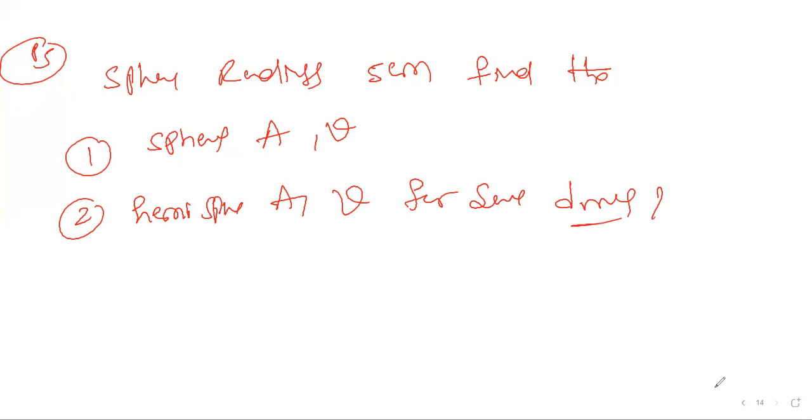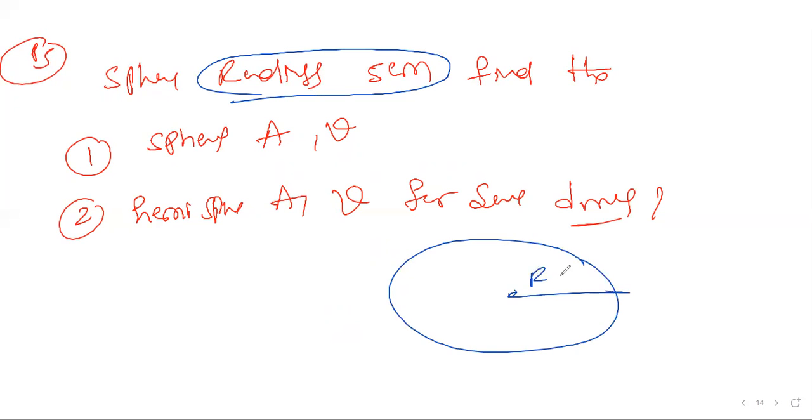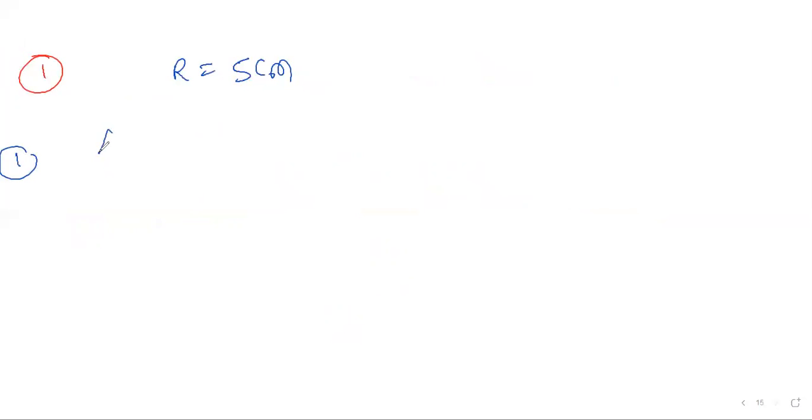Okay. Now let us take the first one. It is clear what they mentioned, a sphere. What is the sphere radius they mentioned? 5 centimeter. Am I clear? Just a 5 centimeter sphere radius they mentioned. Now this is a sphere. The radius is 5 centimeter. Now what is the first one? What's the area of a sphere? The formula is 4 pi r square. So 4 into 22 by 7 into r square, which means 5 into 5.